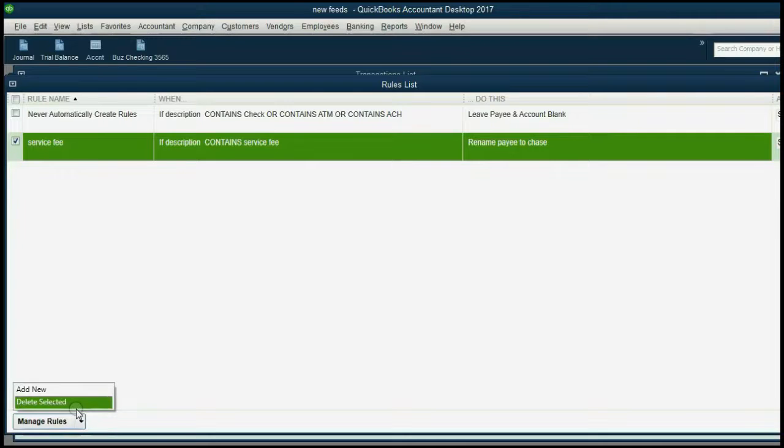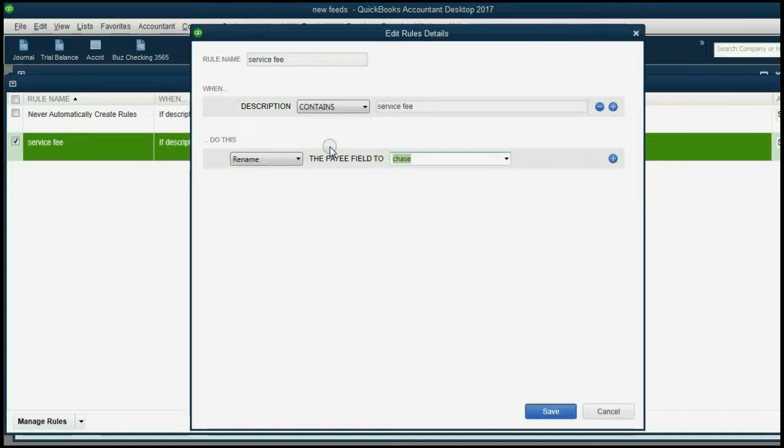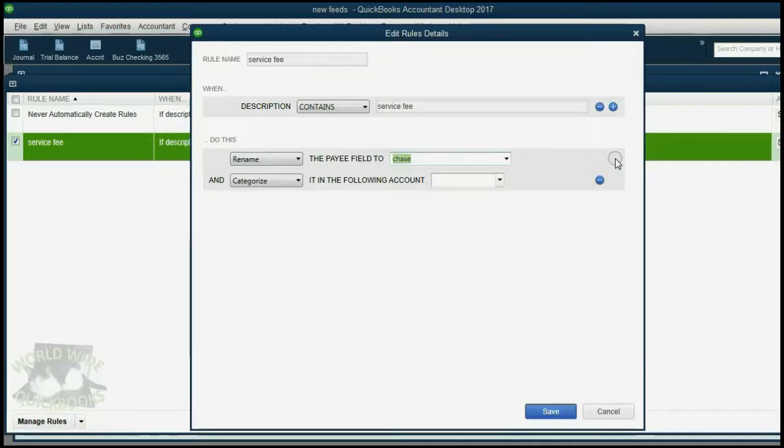Manage rules. Okay, well, actually, I think if you just double-click, you can go back to the rule. Really, you should double-click. But it's not enough to rename. We have to choose an account. In order to choose an account, we have to click this plus sign and then